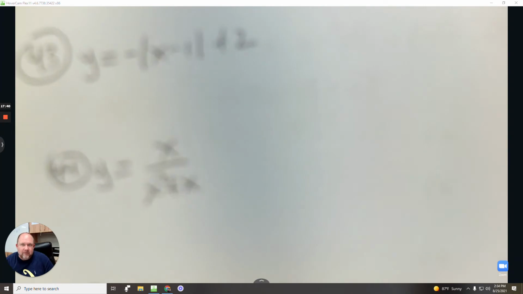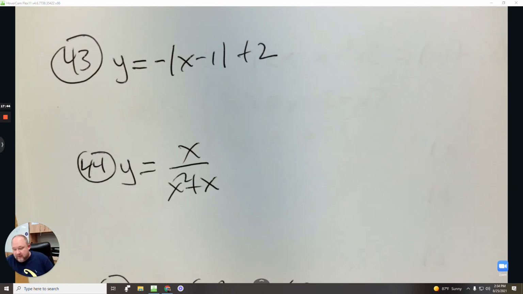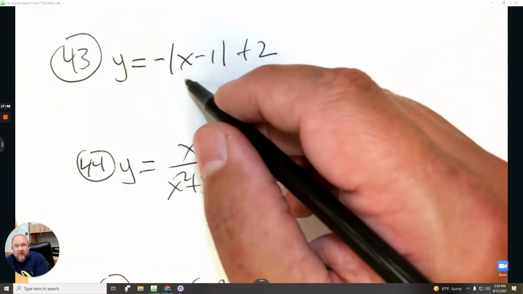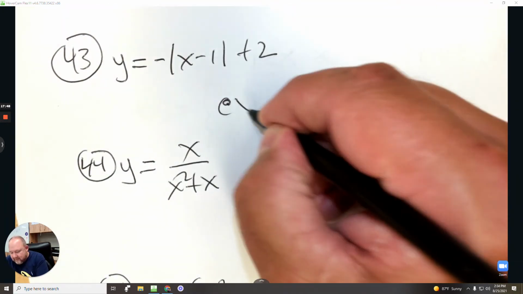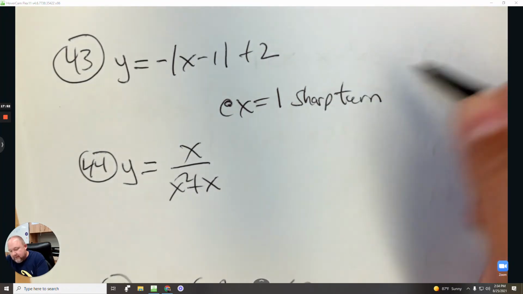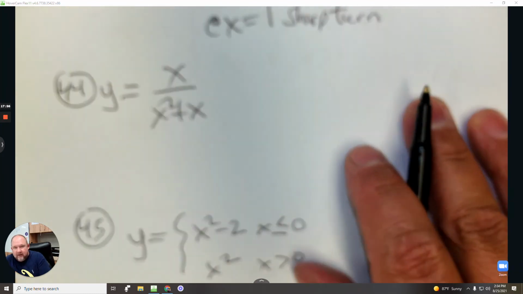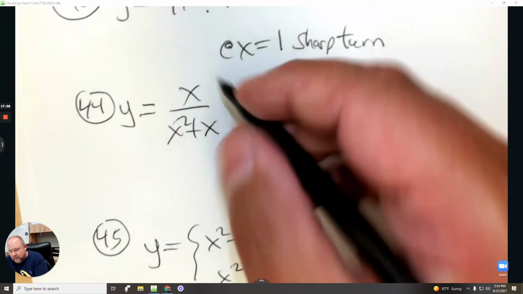For number 43, it says, where is it not differentiable? So for here, you can see a graph in the book, but at x equals 1, there's a sharp turn. That's the x value of the vertex, no derivative there. For 44, it's where